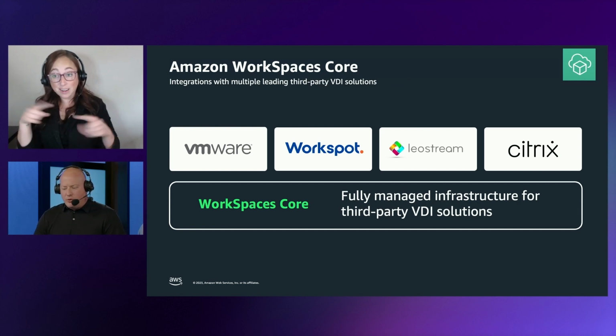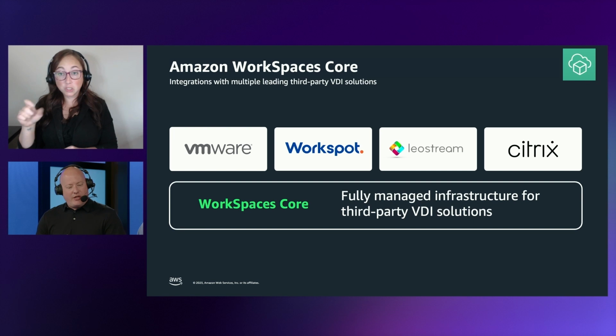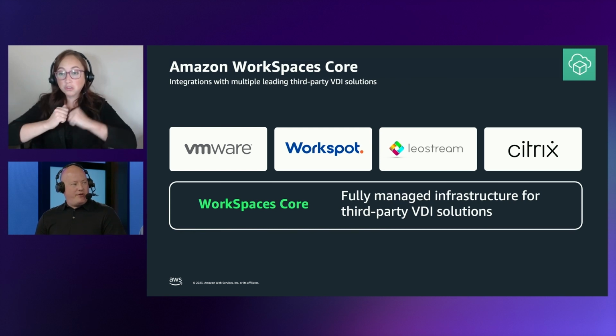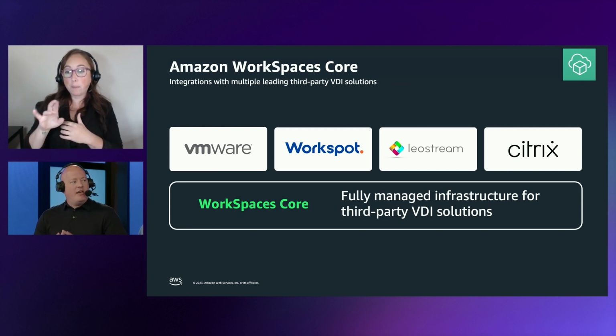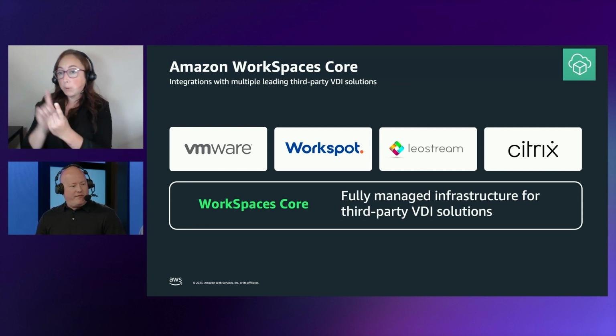And really the cool thing about Workspaces Core is that you get all the benefits of fully managed desktop infrastructure in AWS, but you have a common look and feel for your administrator so they understand the tool sets and the processes and the fine tuning that they've already, in a lot of cases, invested in. Right. And they can do that across hybrid environments. So they can do it in AWS, they can do it on premises, and so they have the ability to provide a common look and feel and management to desktops everywhere.